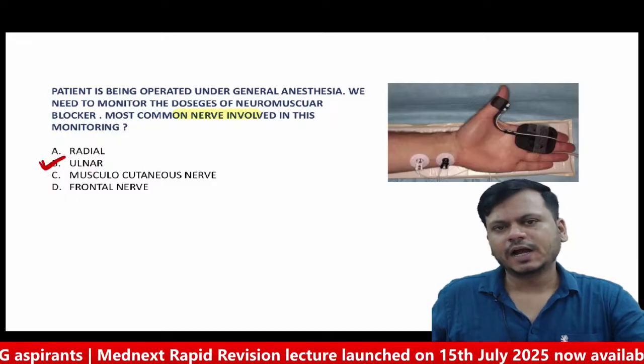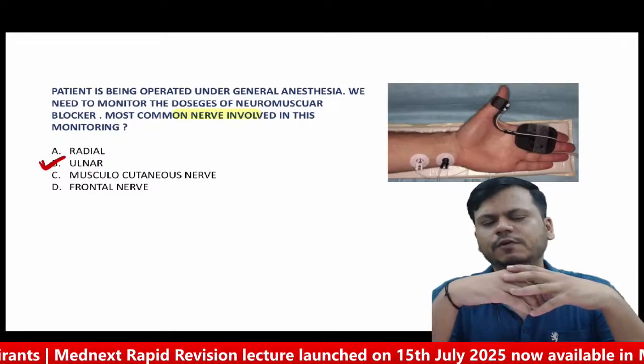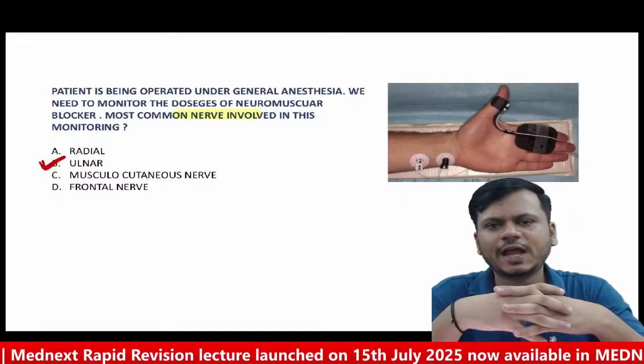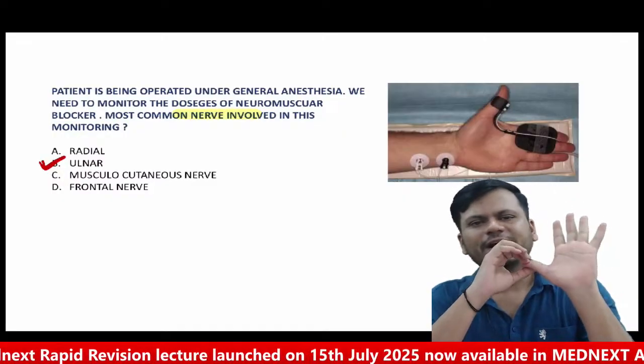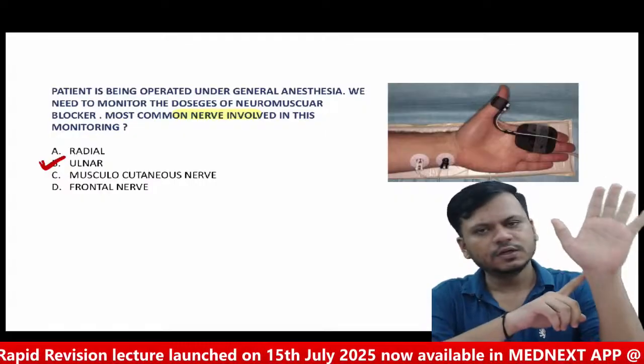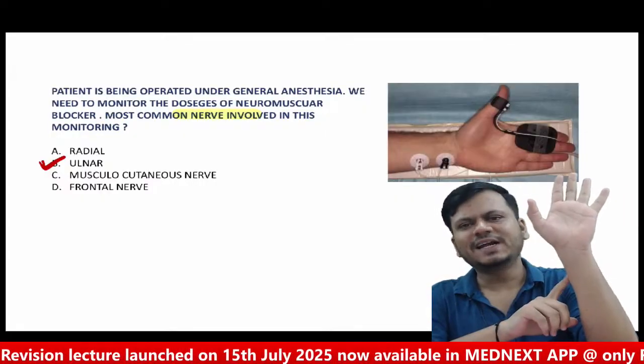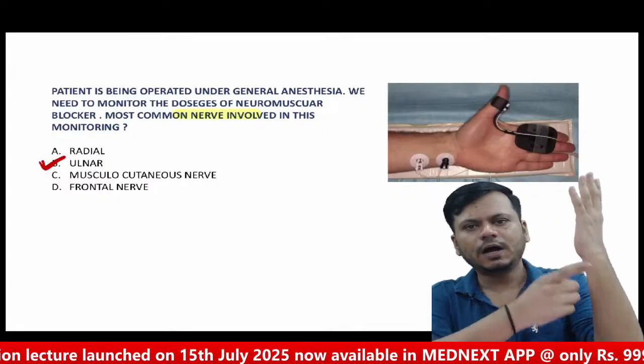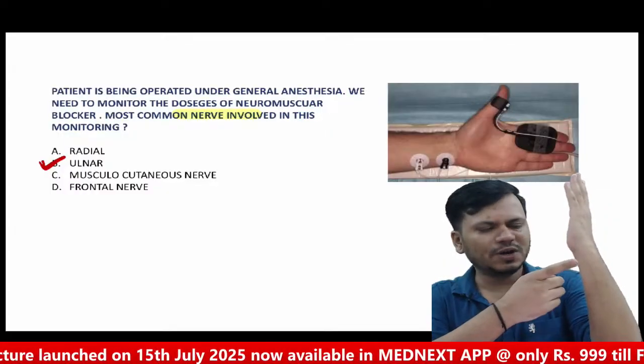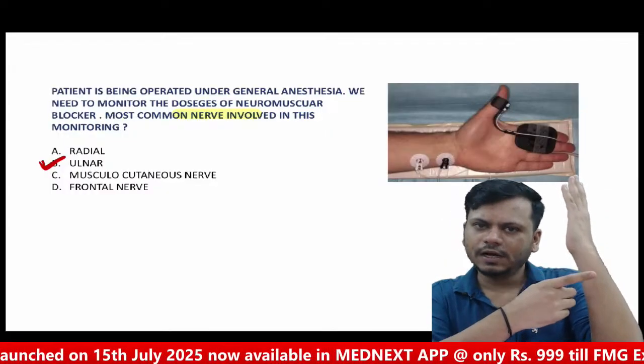Ulnar. I will give you a trick from which you can remember the bone and nerve as well. Locate the thumb on the image. The bone which goes on this side is radial, opposite is ulnar. So ulnar nerve, ulnar bone,